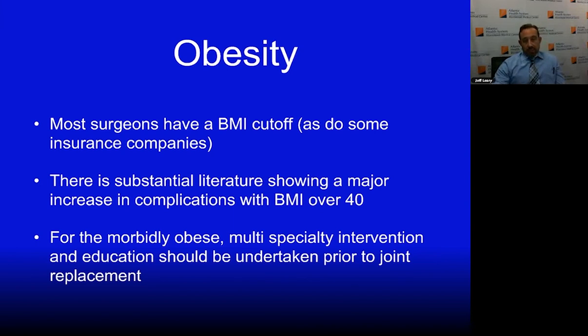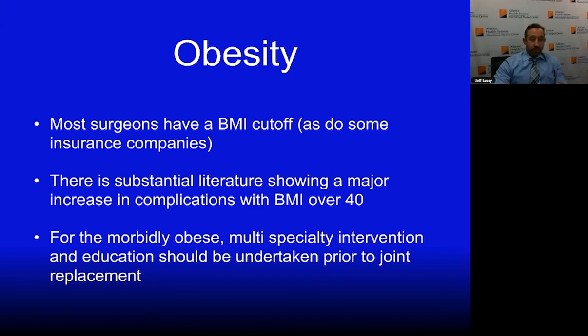We have a really good metabolic and weight loss clinic at our hospital, which we refer patients to. It doesn't always mean bariatric surgery. If you can get them plugged in with a nutritionist, a weight loss specialist, endocrinologist, things like that, it is possible to lose a significant amount of weight without bariatric surgery as well, but it does take a multi-specialty, multidisciplinary approach. But it's important that these things are addressed, and weight loss occurs prior to surgery to decrease risk profiles, because like we just showed, the complication rate is substantially higher in the morbidly obese, and we really need to avoid complications.